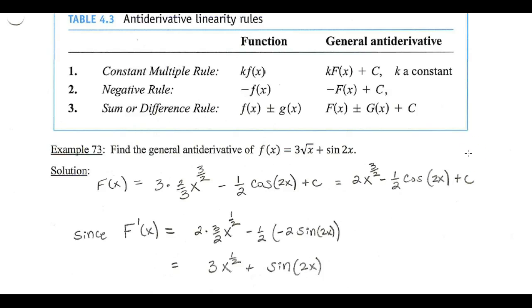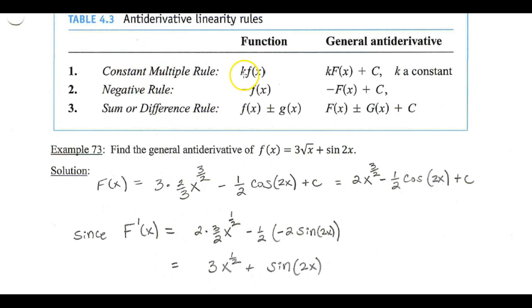And we are still in section 4.7, antiderivatives for Calc 1. And we're looking at example 73, but before we do that, we want to take a quick look at what are called the antiderivative linearity rules. Again, I don't really care about the names of the rule, but just understand this constant multiple rule means I